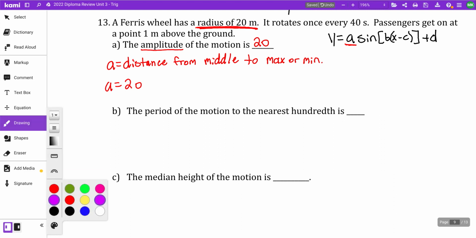Perfect. Second one we're going to find is our B value. To find your B value, you would need to use the formula B equals 2 pi over period. The question actually asks you for the period, so I guess we'll find the period. Period is how long